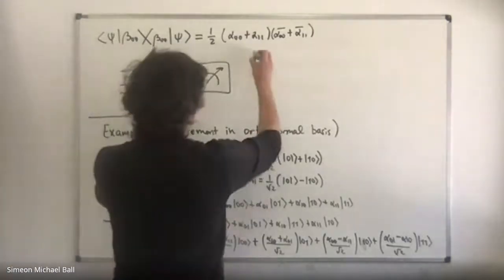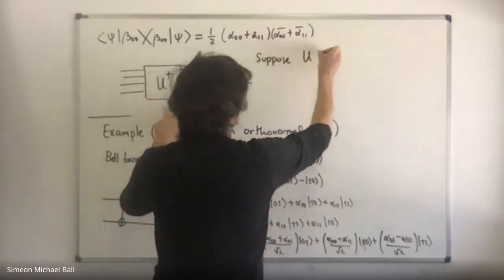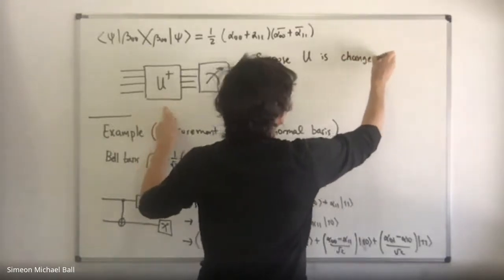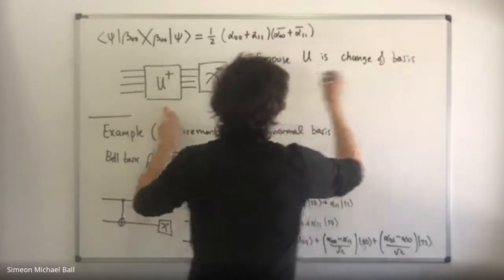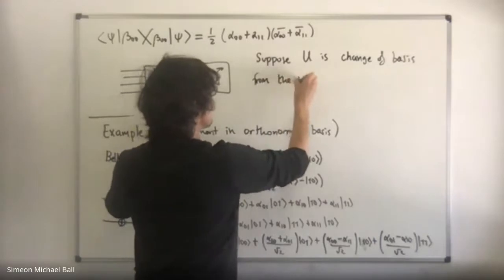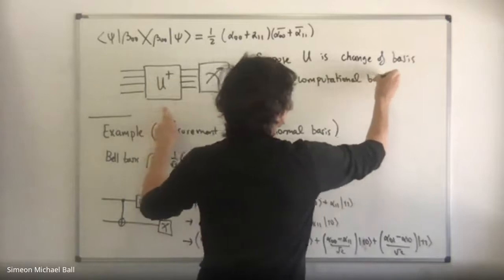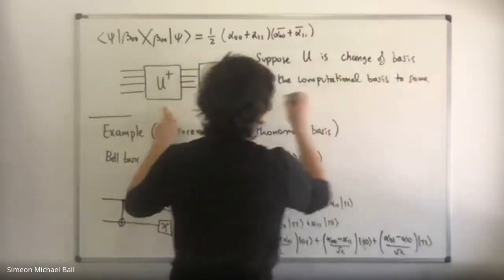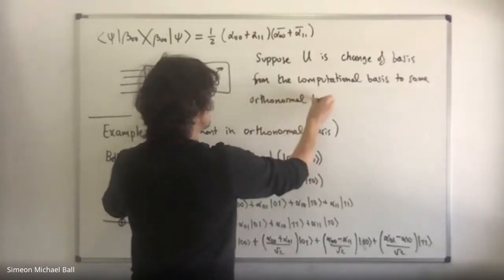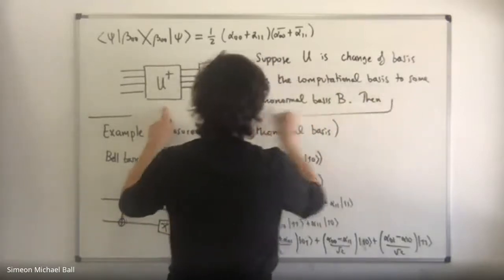Suppose U is the change of basis matrix from the computational basis to some orthonormal basis B, then this circuit